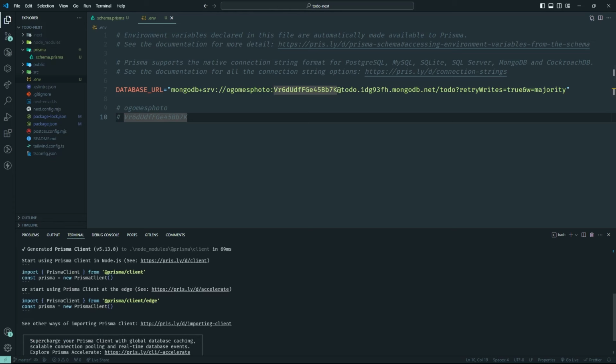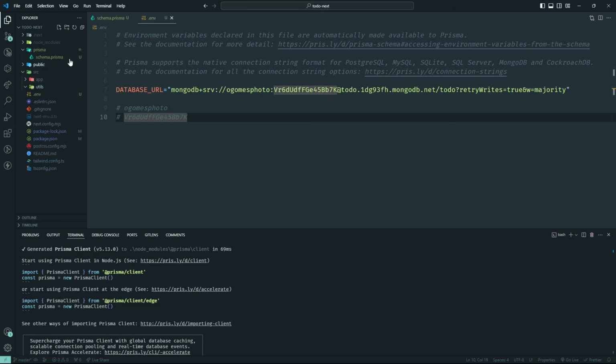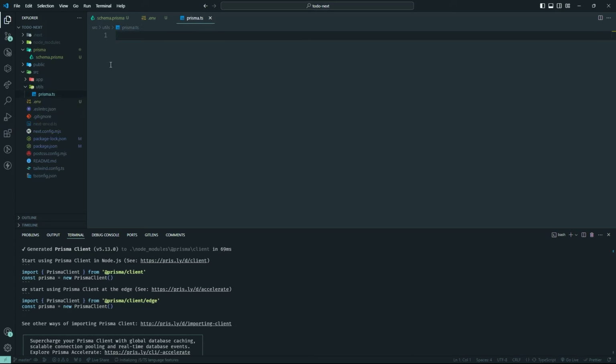We're gonna create a folder in our component in the app. Let's do it under the source. So we have a folder up here called utils. Let's rename it properly, tools, and make sure it's in the source folder. So we have utils, and then we're gonna create a file called prisma.ts. So we can actually copy paste this if we want, and it's basically the same thing, just copy paste